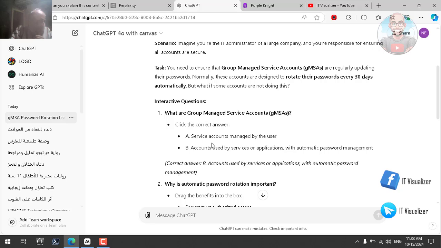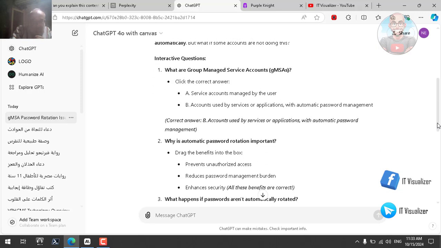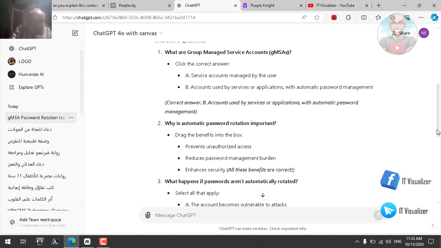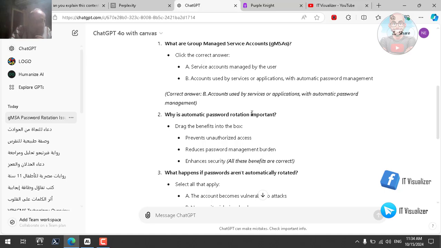Click the correct answer. A, a service account managed by a user. B, accounts used by services or applications with automatic password management. So we can see here, these are interactive questions, okay? And we can go further. Why is automatic password rotation important? Drag the benefits. So here we can see that it's like drag and drop questions, but